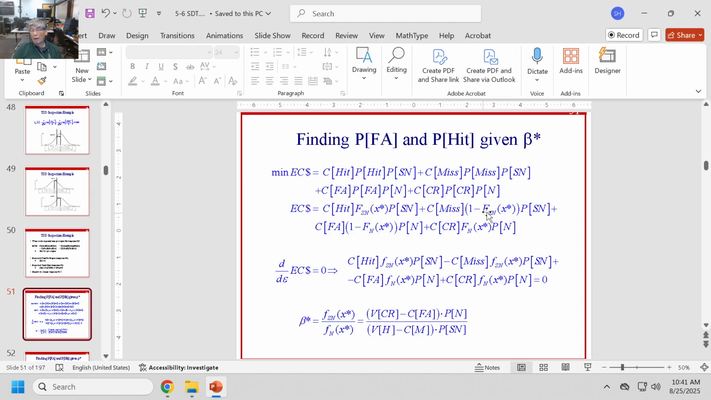For my FSN, or the miss is 1 minus FSN, right side, or correct rejection, left side or right side noise amount. Okay? So it's the integral on the left. And once I write this, then I can take the derivative to minimize the cost,